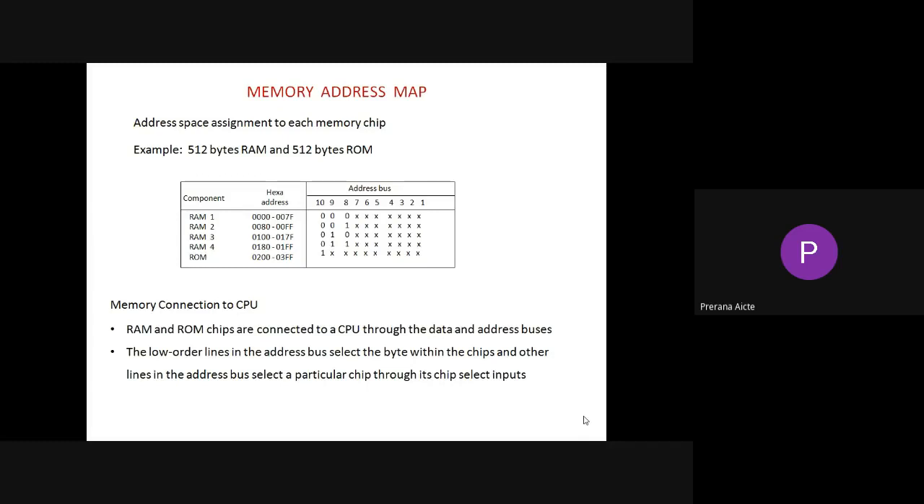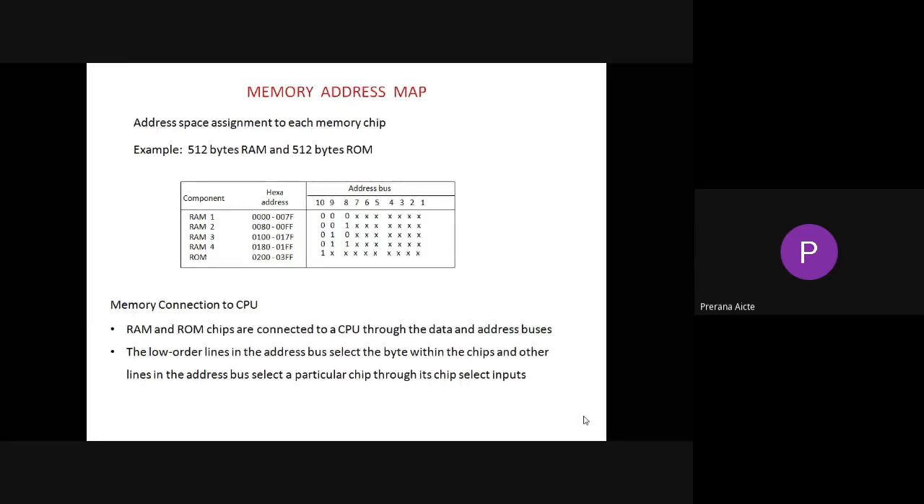The computer system needs 512 bytes of random access memory and 512 bytes of read-only memory. There are 16 lines in the address bus. The table shows only 10 lines because the other 6 are not used in this example and are assumed to be 0. A small x indicates in the address lines those lines that must be connected to the address inputs in